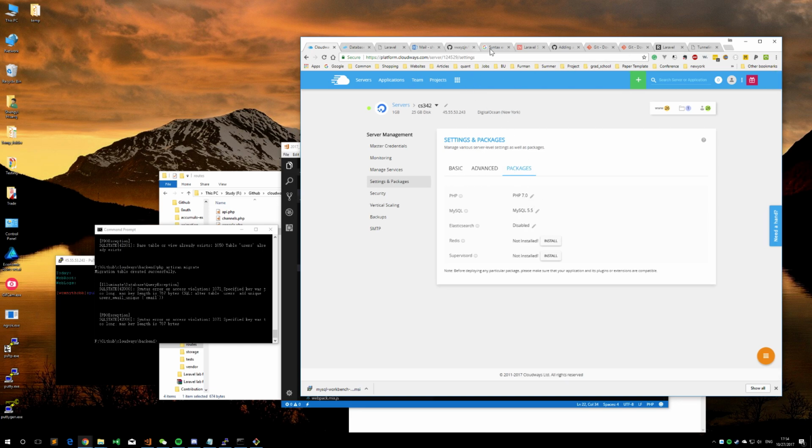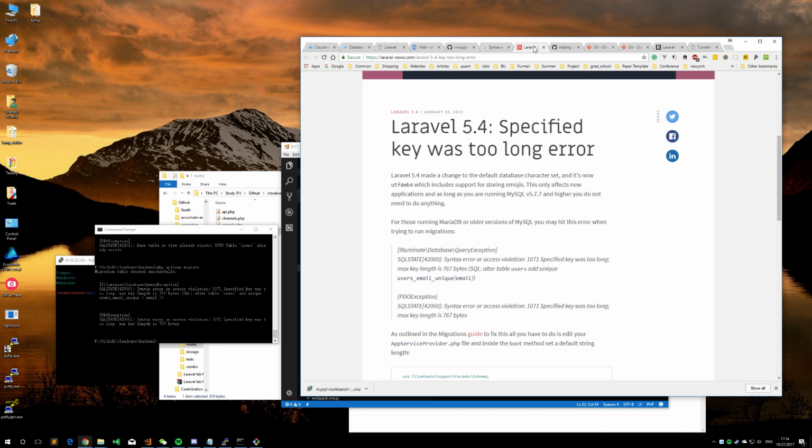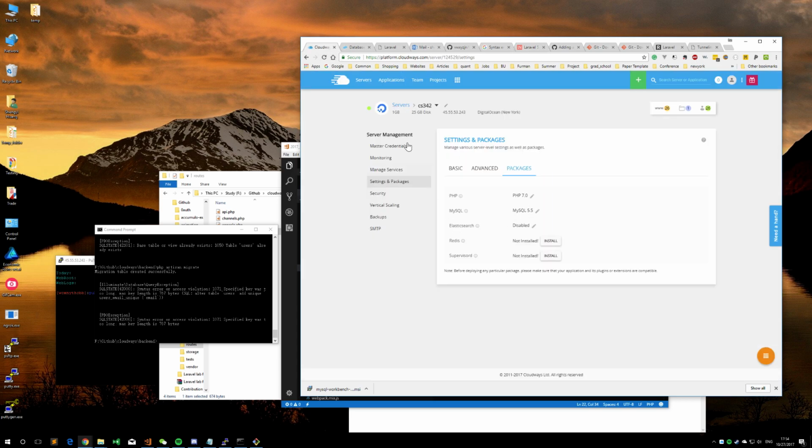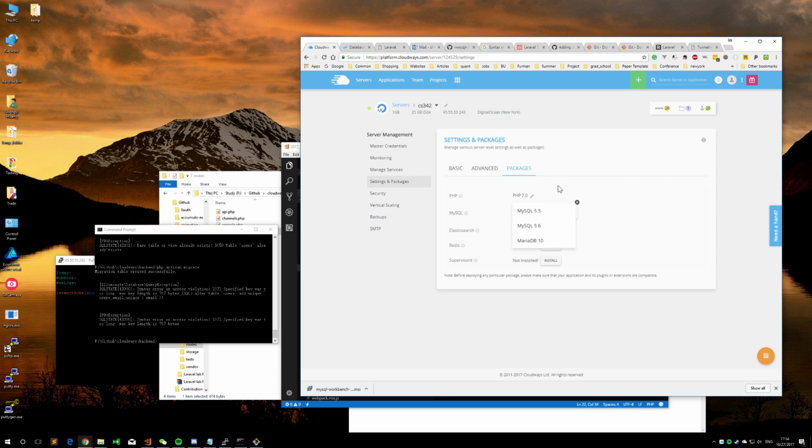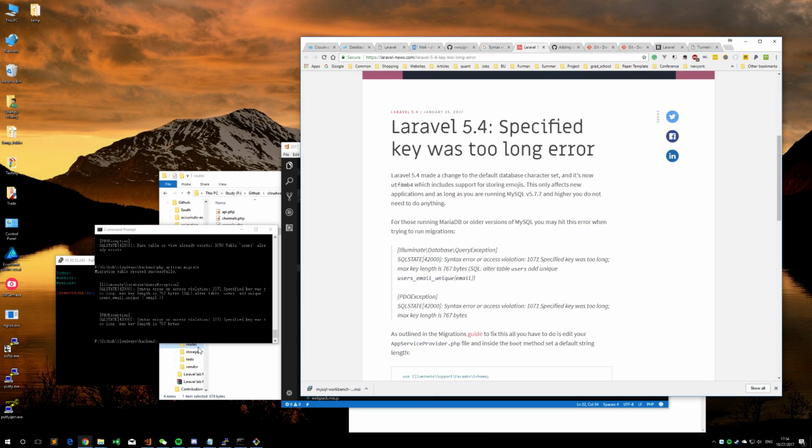Oh my god. Okay. Apparently you have to run MySQL 5.7.7 or higher, then you don't have that error. But since Cloudways has MySQL 5.5, there's no way to do it. So we have to fix this error by